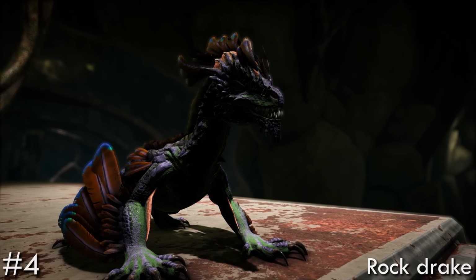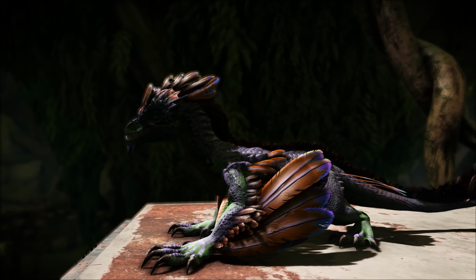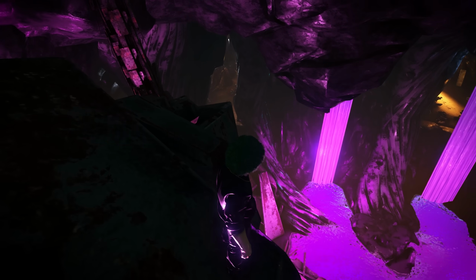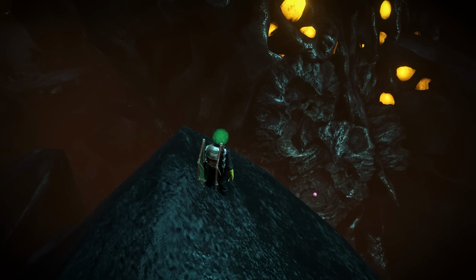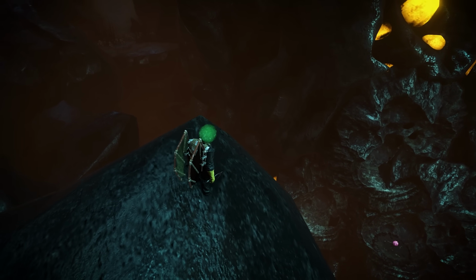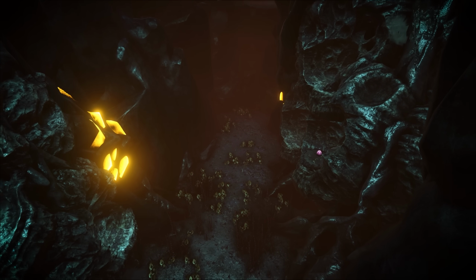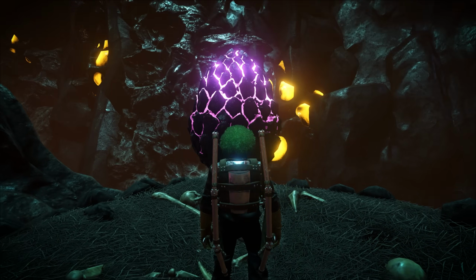In at number 4 is the Rock Drake. A fan favourite for sure in both aesthetics and ability, up until Fjordur remained to be one of the biggest reasons to still play Aberration, despite some preparations needed to get one, or perhaps that was the beauty of getting one. Deep within the hazardous cracks of Aberration we'll find areas overrun with drakes and eggs to steal, run like